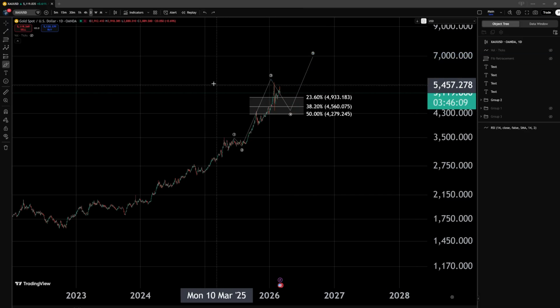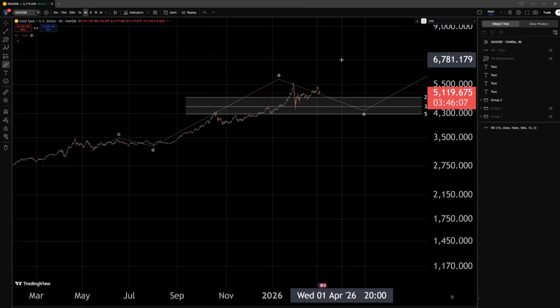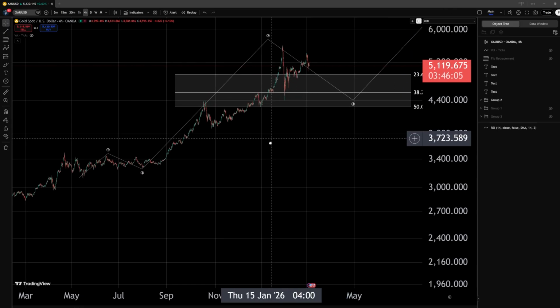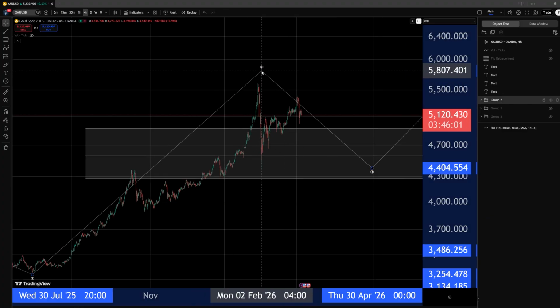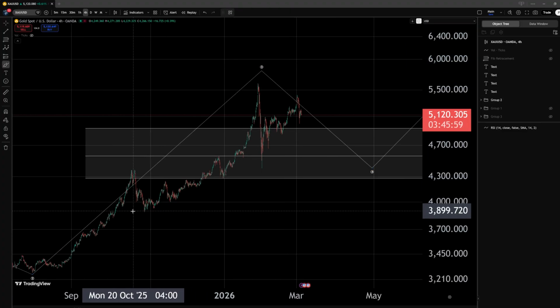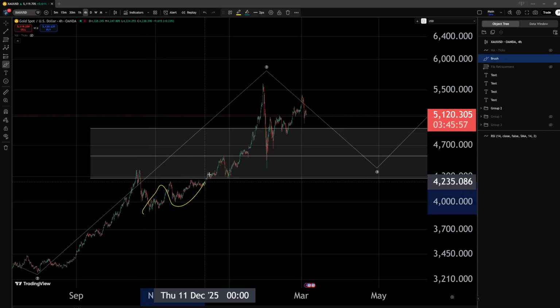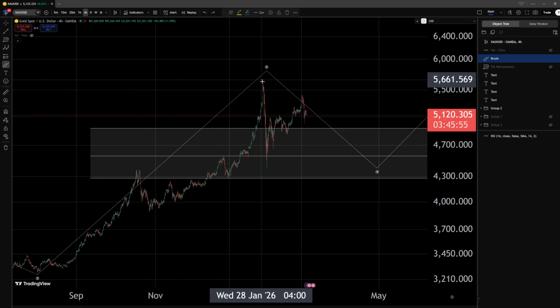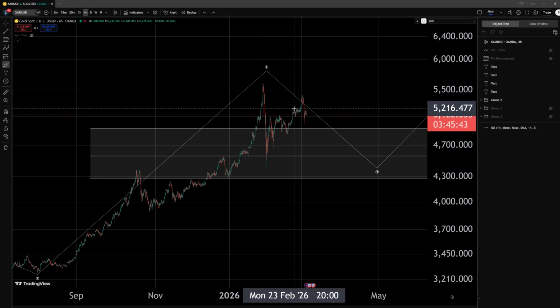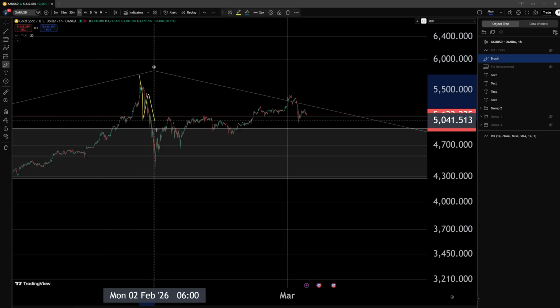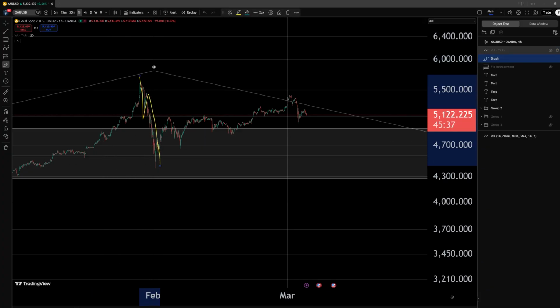Now, within this structure, in the previous videos we have been looking for a potential ending diagonal to take place within a wave 5. It seems likely that this structure has completed as a 5-wave pattern. We have formed a very sharp correction, actually even typical to have something like this occur after a diagonal pattern,